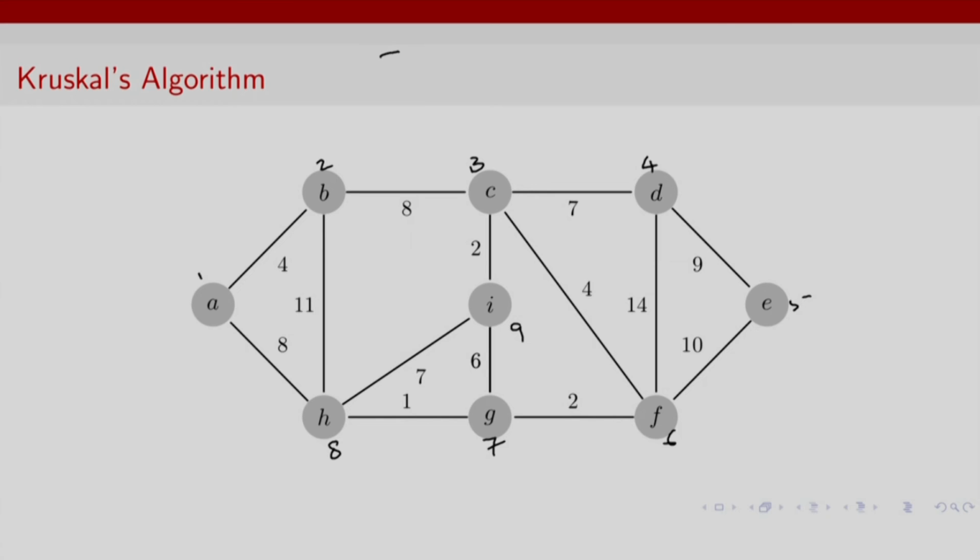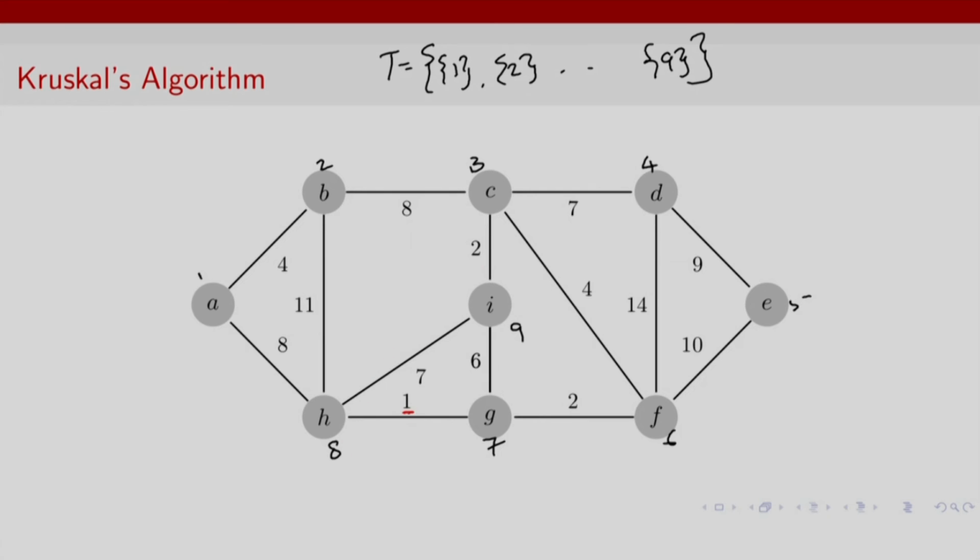So your T will basically consist of 1, 2 and so on until 9. We are also going to sort the edges in increasing order of weights. So the first weight we will come across is